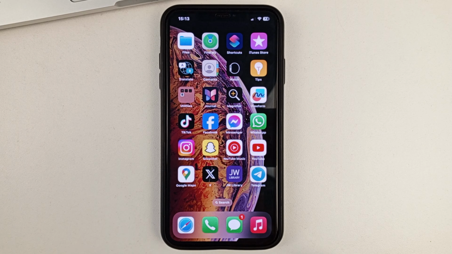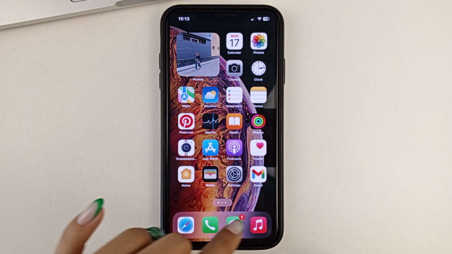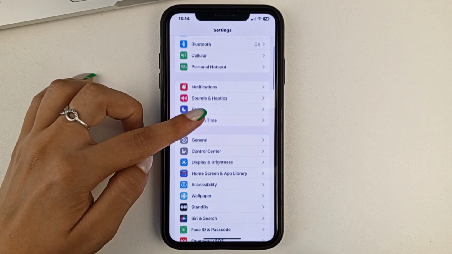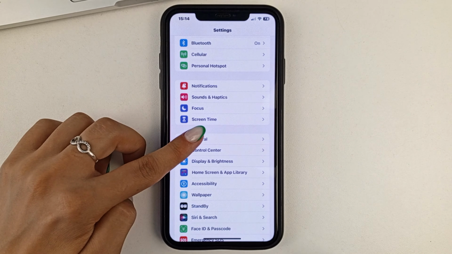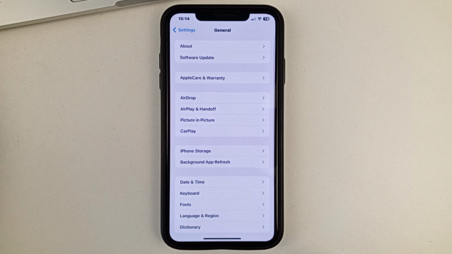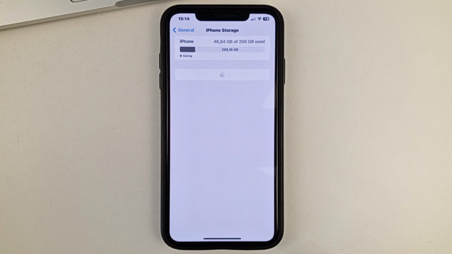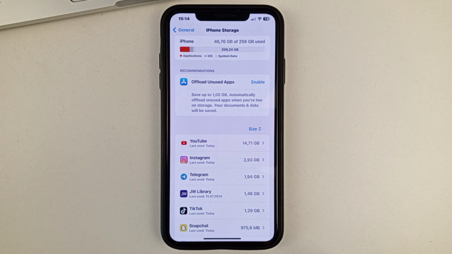And let us get started. Please open the settings on your iPhone for this, and then go to the Basics section. Next, in Basic, you will need to go into your iPhone's memory. Wait for everything to load up and find the YouTube app.